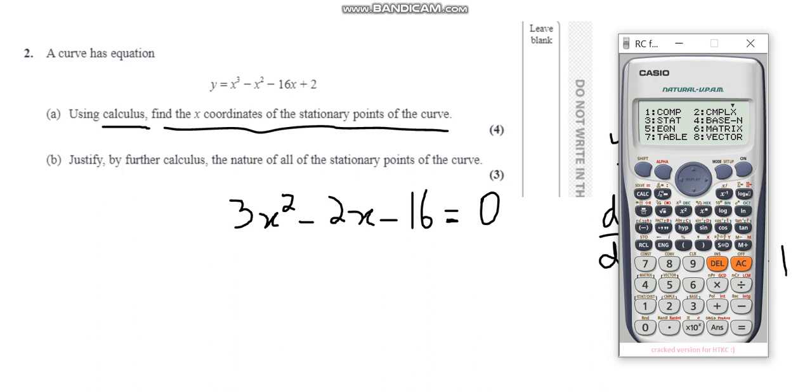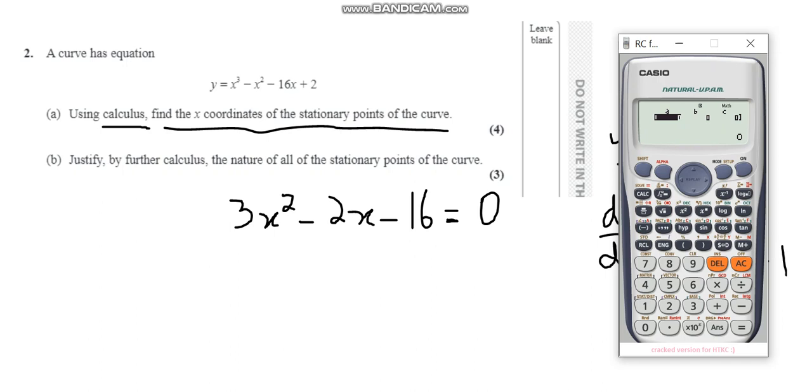So just go into the mode setup, and then just press the 5th button, which is the equation 1, and go on to find the 3rd one, which is the second polynomial. If you are finding for the cube, then go for the 4th function. So I'll go for the 3rd one, and there you go.